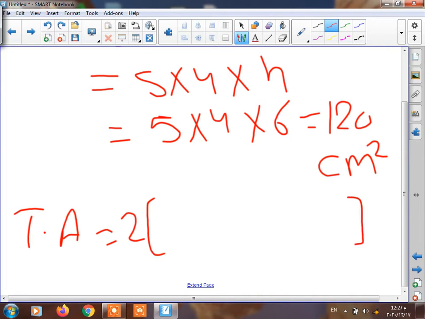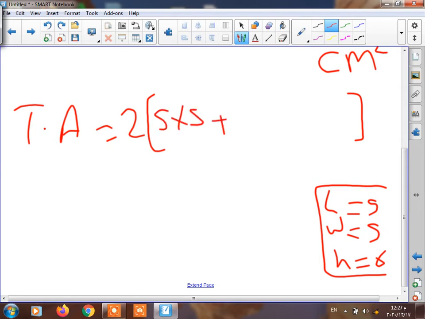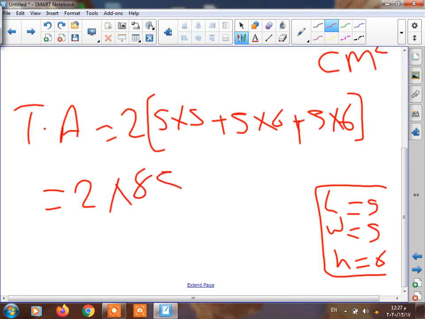After that, he needs the total area, and we said that total area we can write 2 times, length times width plus length times height plus width times height. But take care here, the base is square, which means the length and width are equal, each one equals 5, and the height equals 6. So we can say length times width, 5 times 5, plus width times height, 5 times 6, plus length times height, also 5 times 6. So we have 2 times 25 plus 30 plus 30, 60, 25, 85. It will be equal to 170